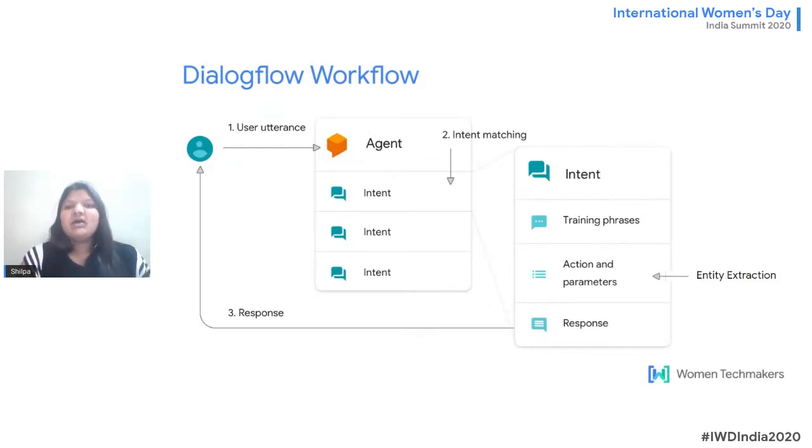Next is how the Dialogflow workflow is. If you see this slide, you're able to see that Dialogflow works in an agent and entity extraction manner. So there is one agent. Whenever you are creating your bot, you just need to create your agent. When you create your agent, you just need to add your intents one by one. When you add your intent, you just need to add your training phrases. For example, if I want to make a coffee shop bot in my Dialogflow, I'll name the agent as coffee shop agent.